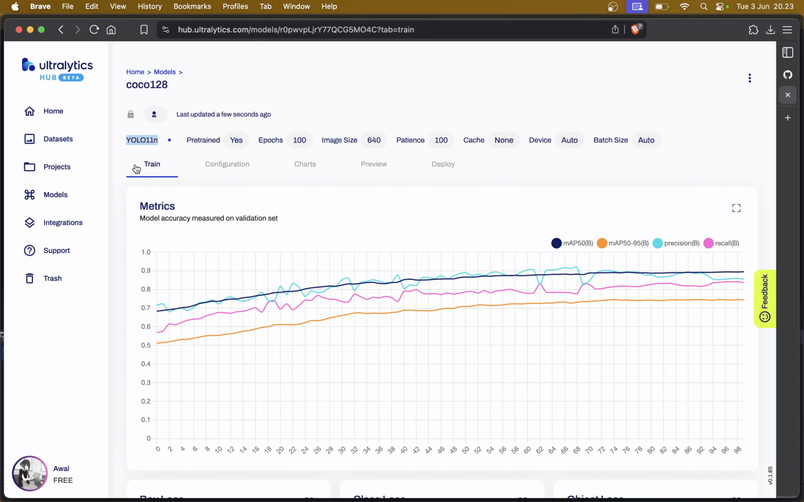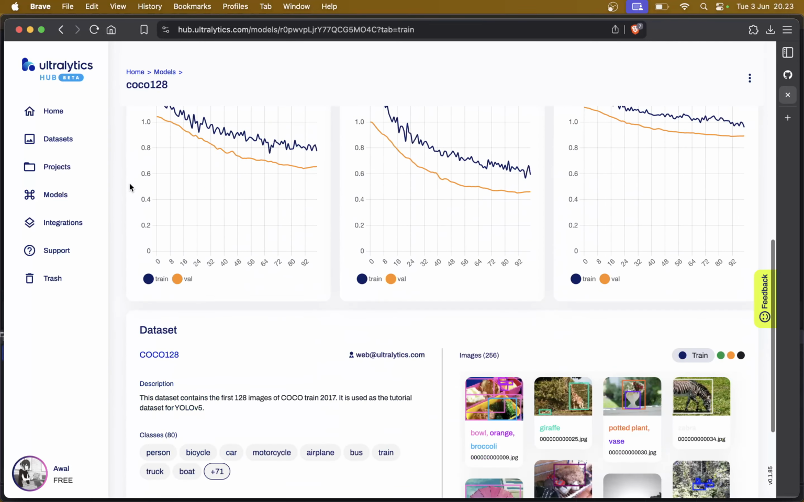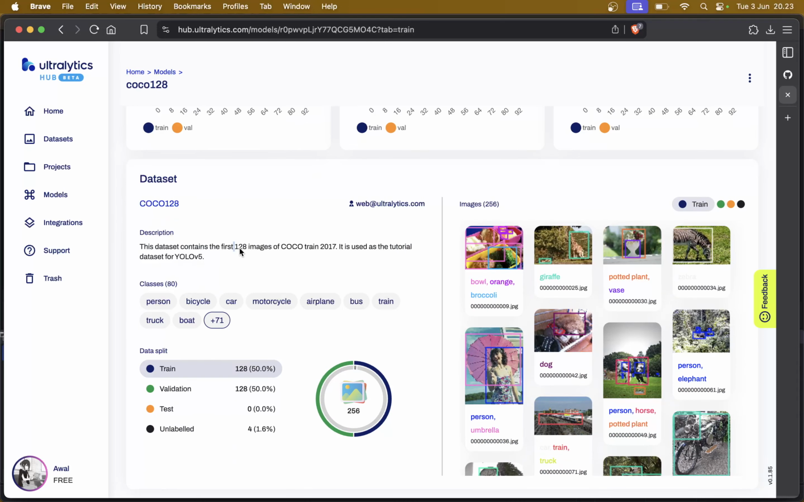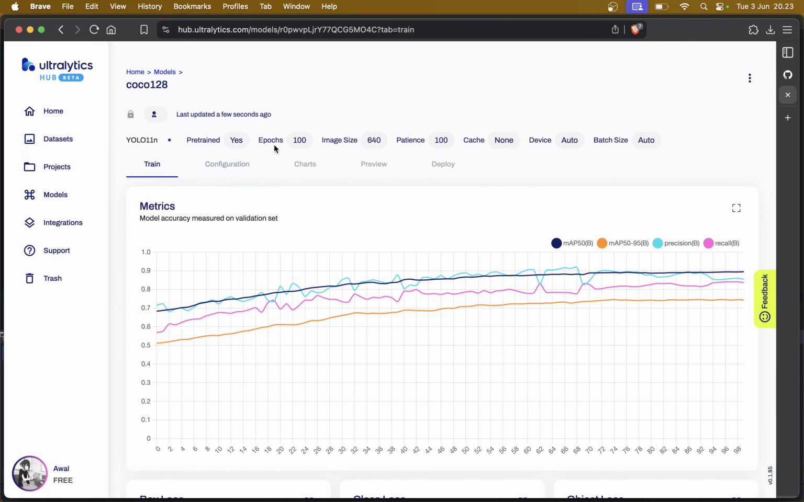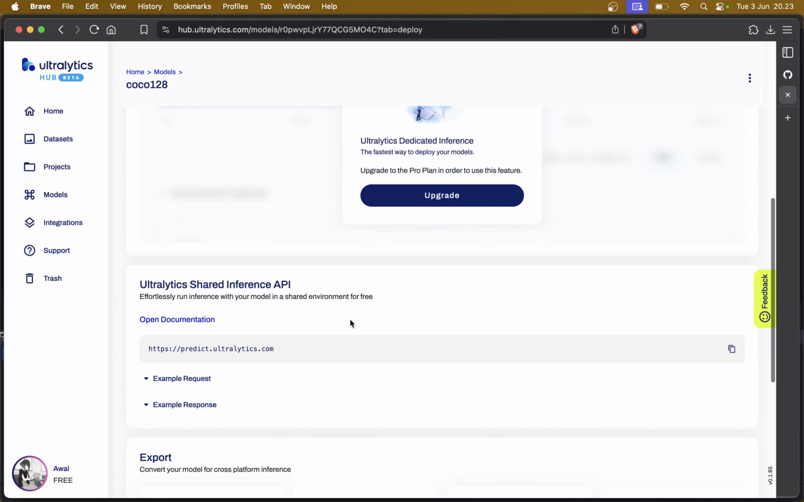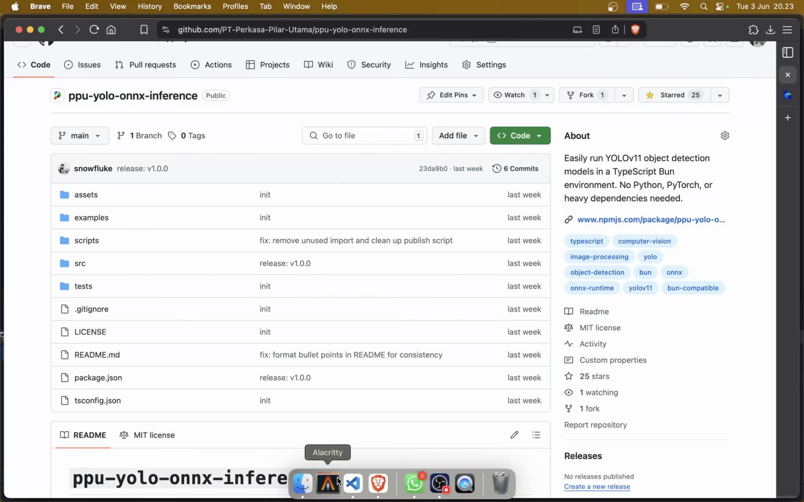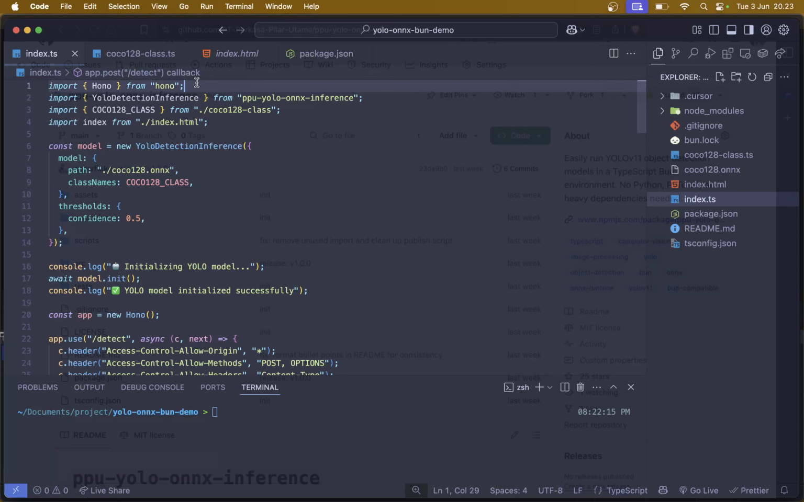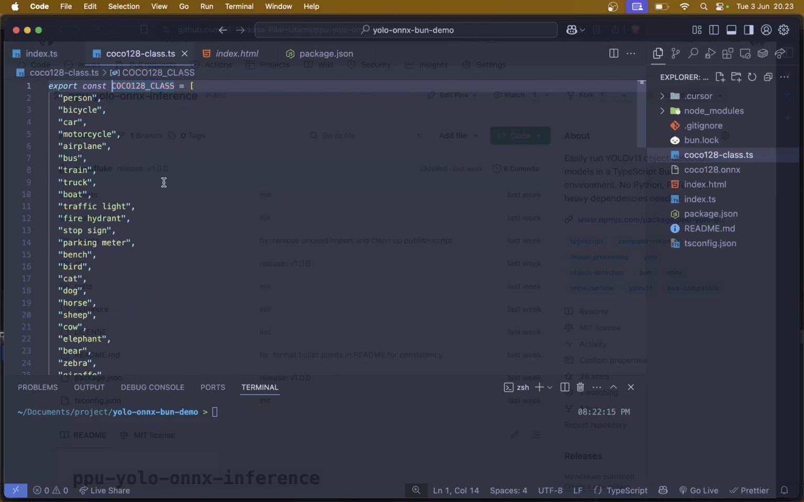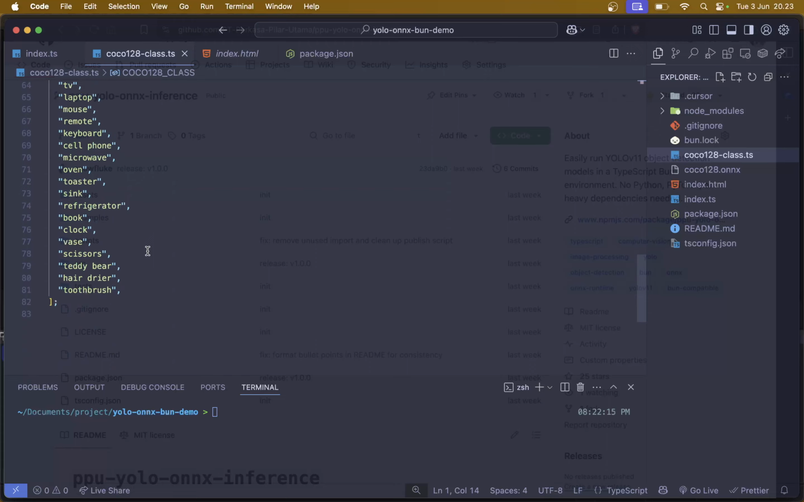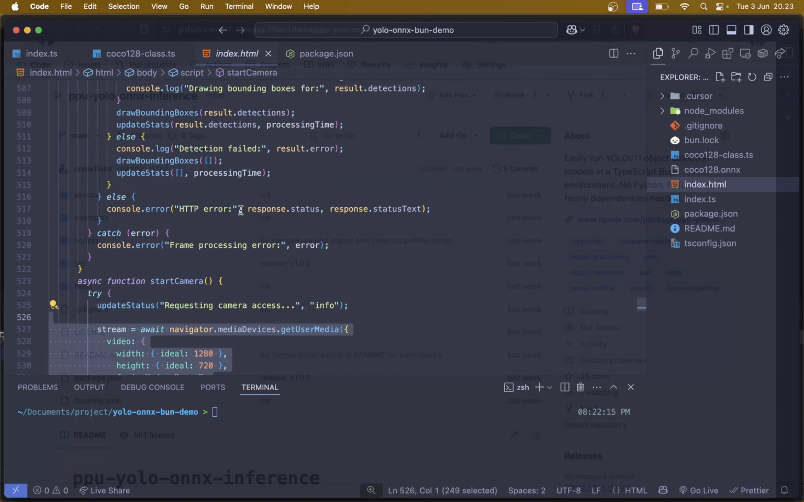For the demo's sake, I just trained a new simple model using the COCO128 dataset, which consists of 128 images, and did 100 epochs, and then just exported it as ONNX type. And this is the source code, just a simple Hono app, and here is the initiation. We point to the ONNX model, and then the class is the full class, and a simple front end which opens up